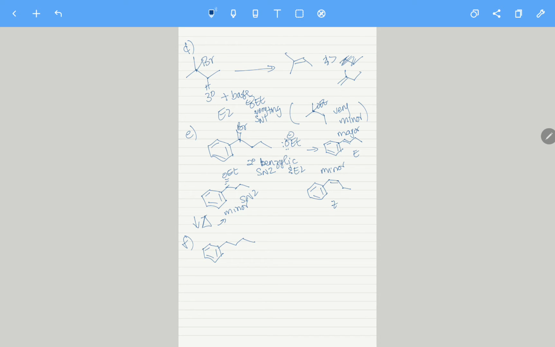And important thing to remember is, since E2 is the only thing we could potentially have on our structure, or SN2 under these conditions, remember we need to have our hydrogen, and if I draw in the hydrogen, we need to have it antiperiplanar, or anticoplanar. Currently it's not, so we would need to rotate around that bond. And remember I said some reactions you can force E versus Z. This is one that if I rotate this around and push this like that,